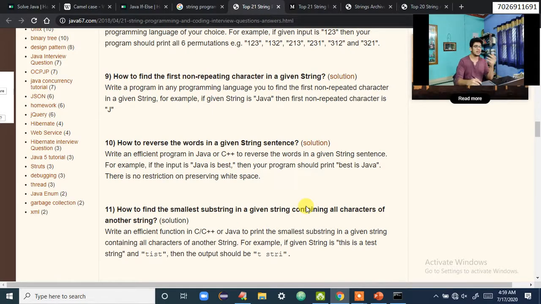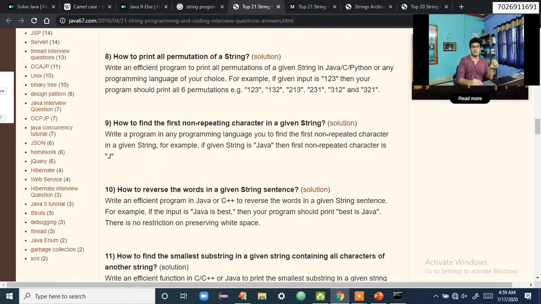And how to find the first non-repeating character. Now these kinds of questions you have to analyze and think a little about what they're actually trying to ask you. So what they're asking: how to find the first non-repeating character in a given string. For example, what's the meaning of non-repeating character? Okay, so in the example Java,